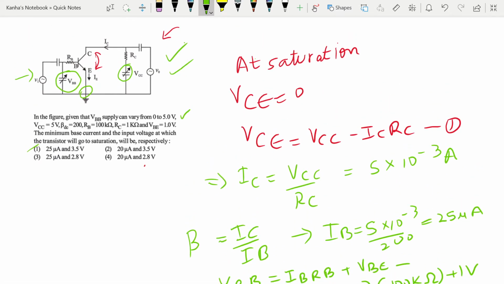This entire circuit is very easy to do if you can just apply the two Kirchhoff's loop rules in the two equations, and you have to ignore these other things when you're doing the Kirchhoff's loop rules. It's unnecessary. For the actual circuit it's very necessary, but for solving you just need to make sure that you take into consideration the resistances, the battery that is applying the voltage, and the junctions that are there, nothing else.